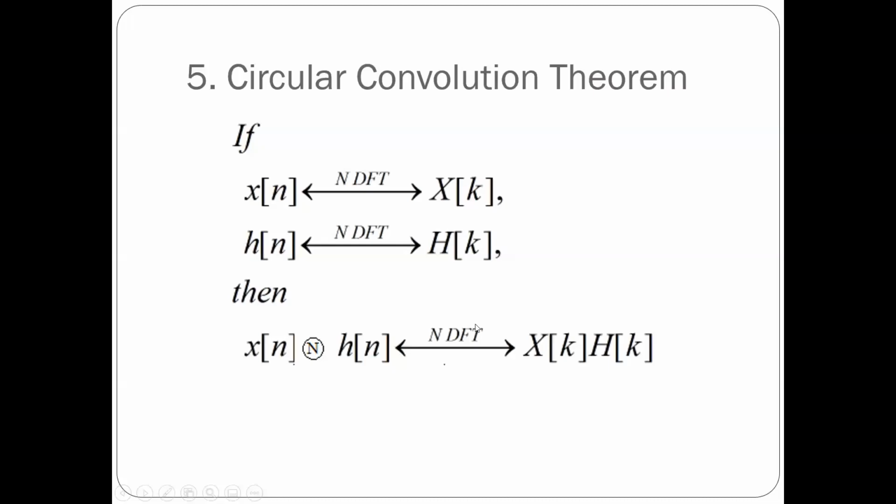So I believe we were discussing the circular convolution theorem. Now, as we have seen, the equivalent property for the discrete Fourier transform for linear convolution is the circular convolution. And I believe we have discussed how the circular convolution is performed, and you can very easily understand why this operation is called circular convolution.